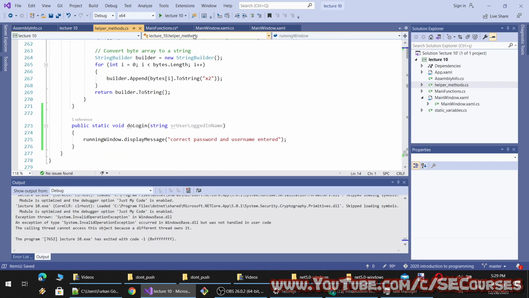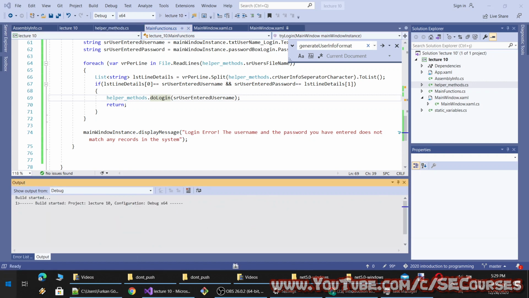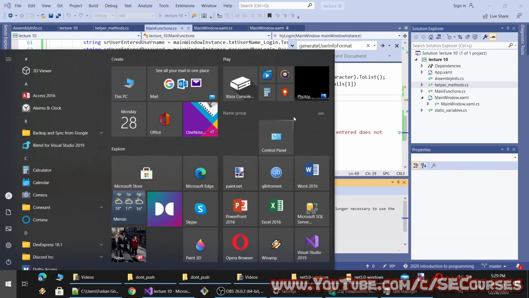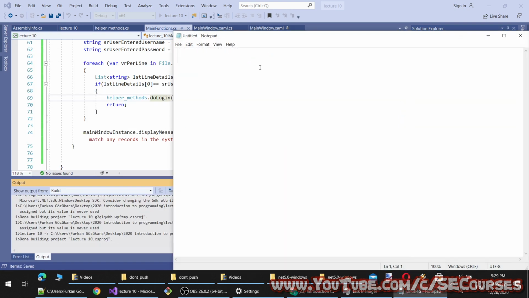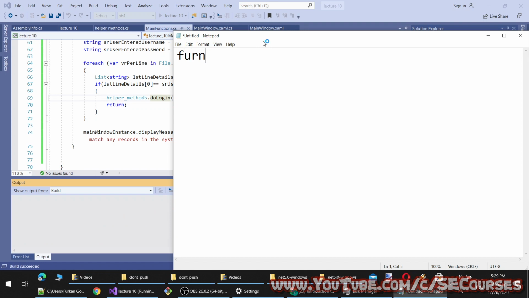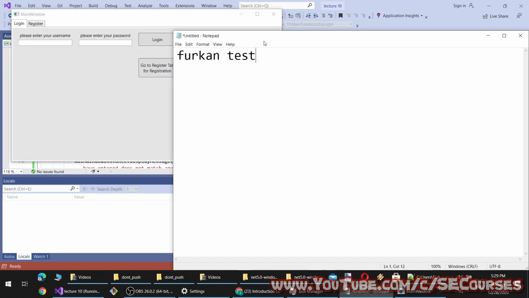This will be equal to the instance of running window. Okay, so let's first do a registration and test whether the logging part that we have coded until now works. Test. Hey, okay.